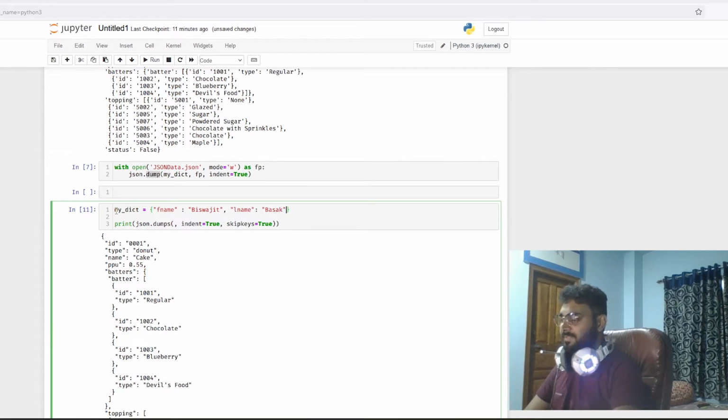Let me give a score of maybe 70.5. And let me give a serial number, SR, and I'll assign this as maybe 5, and I need to give quotes. So this is a valid dictionary, right? So if I do shift and enter,